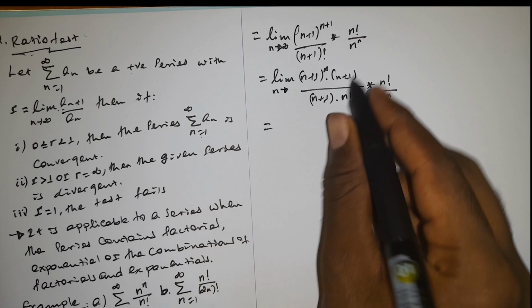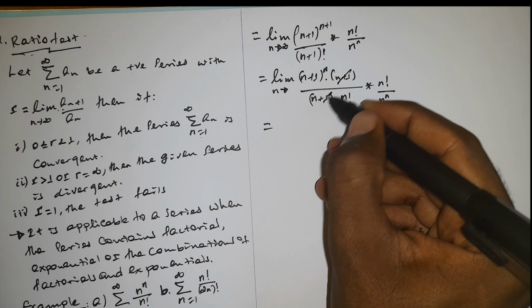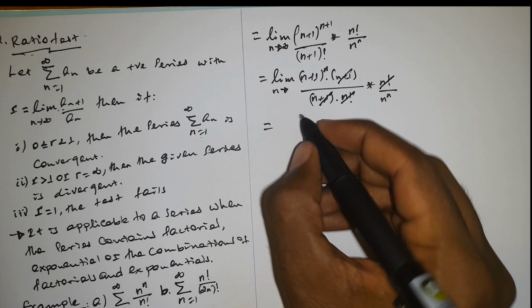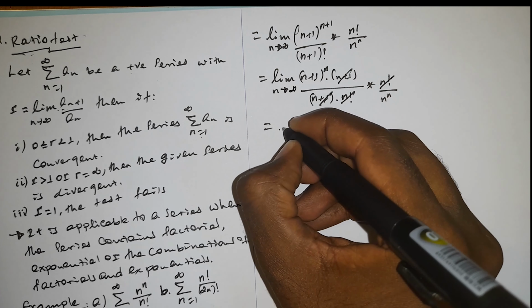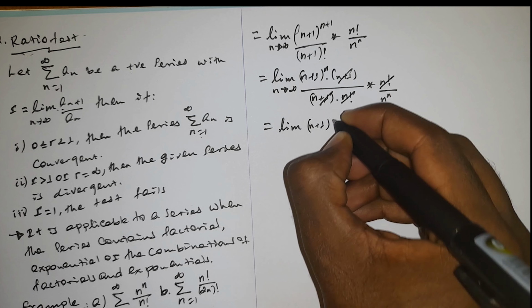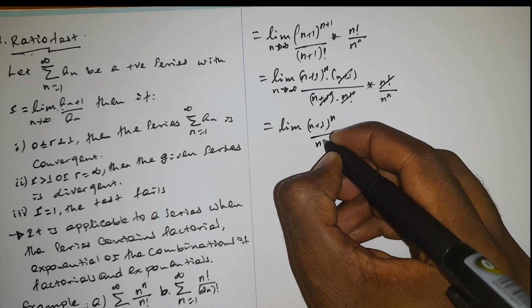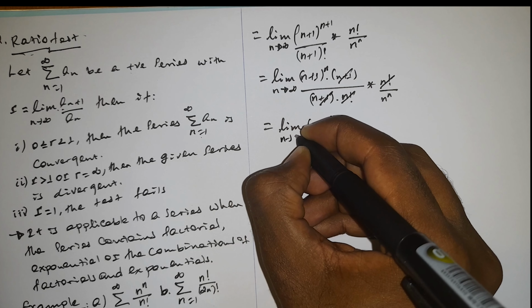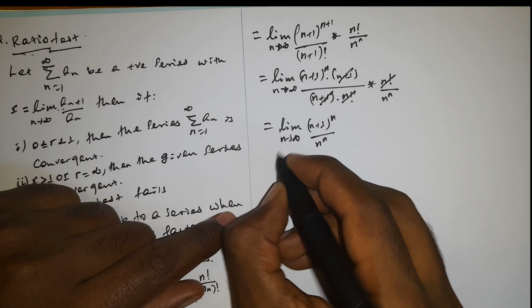This cancelled by this is equal to limit of n plus 1 raised to n over n raised to n as n approaches infinity,